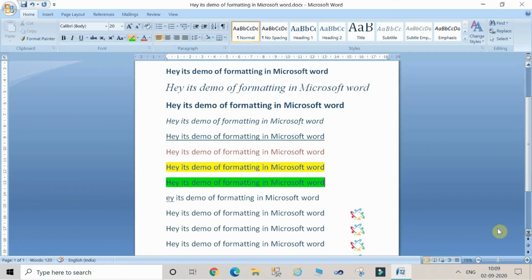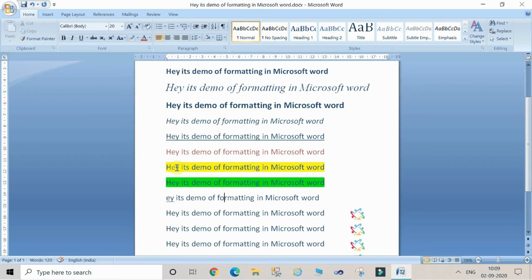If you scroll further, you can apply certain other options also. Like this, click on this again for no color. Now if you want the formatting of one line to be copied to another line, because you have applied certain formats on a text, you want the same font, same formatting to be applied on the next line.